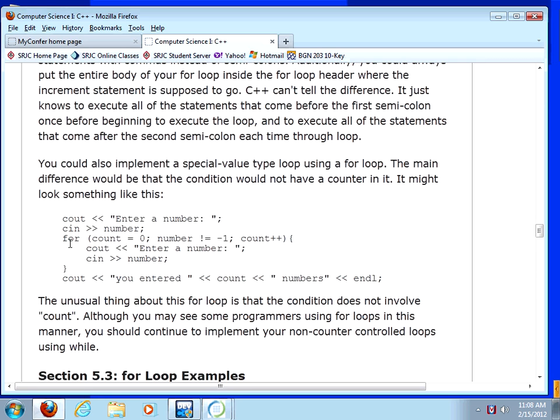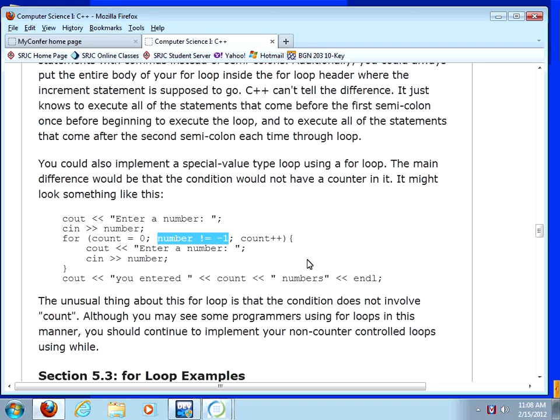So here's a for loop that is not being used in the way that I have suggested, but it's a use that you might run into if you go out there. Okay, so what I'm trying to do here is, I could just try to brainwash you and say that the only good way to use a for loop is like I tell you. But what I'm trying to do is say, well, here's what I think, but you go out there and you're going to see some other things too, and it's up to you what you think is the good way to do it. So here you've got the initialization, that looks normal, and you've got the increment, and that looks normal,